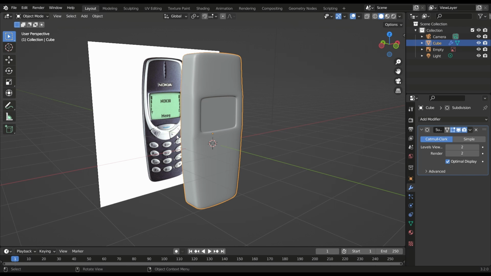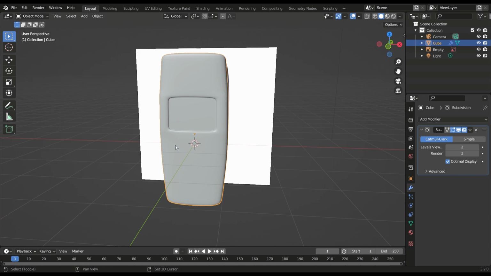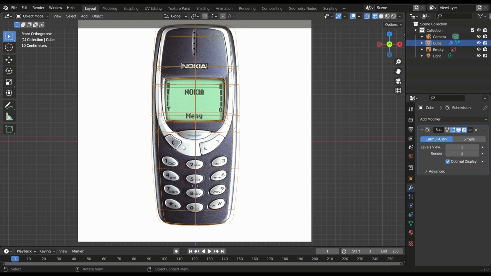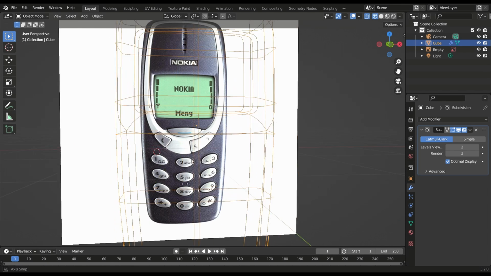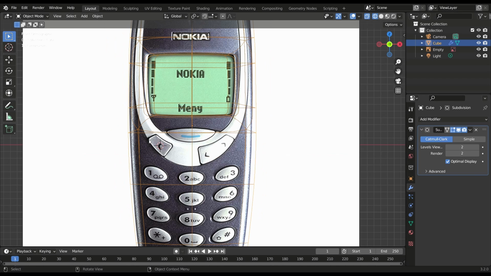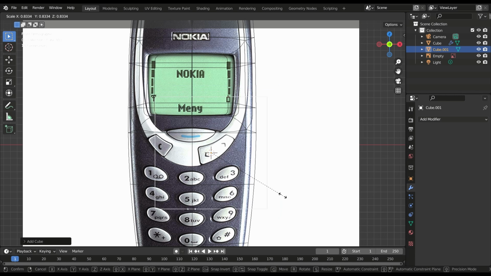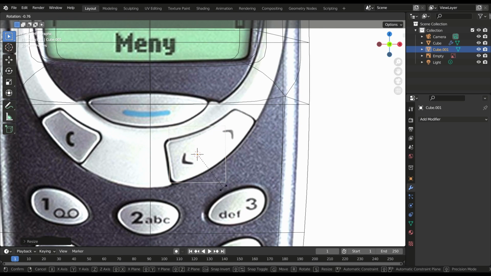Now for the next of these buttons, we are gonna simply go into the front view and using Shift and right click, we're just gonna create a simple cube. Let's create this one. Shift A, press S, okay. Now we press R,